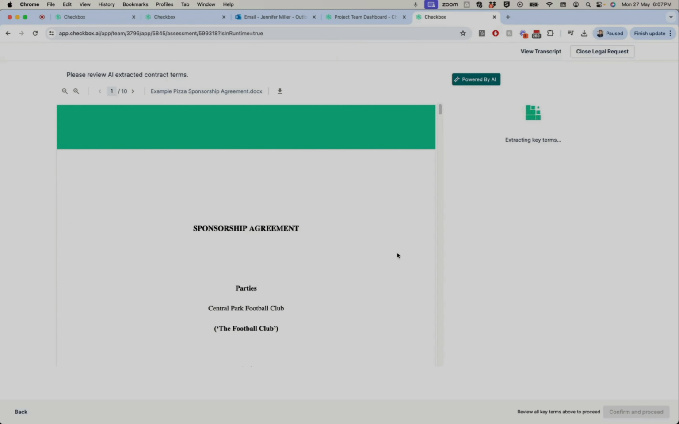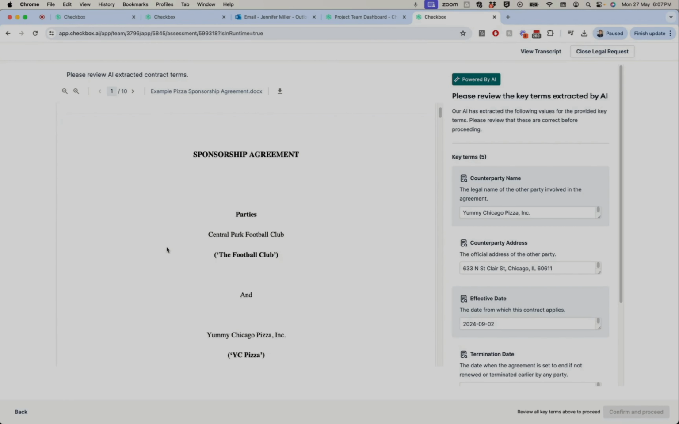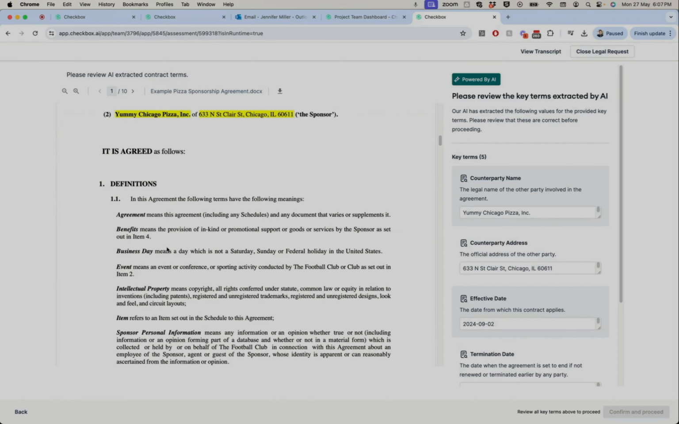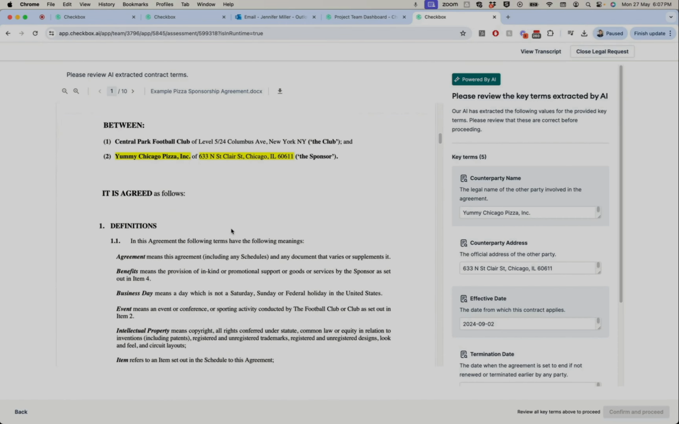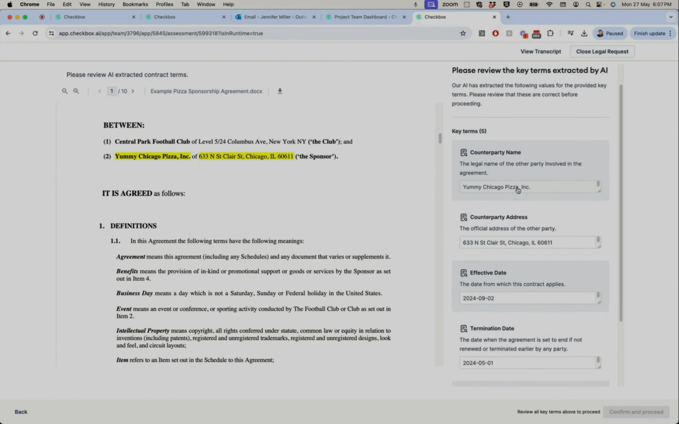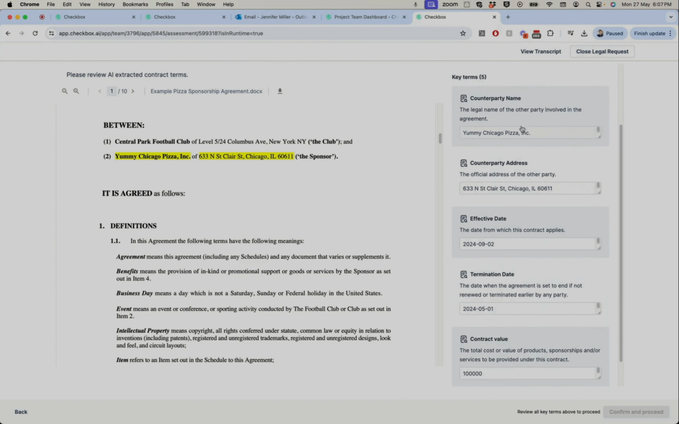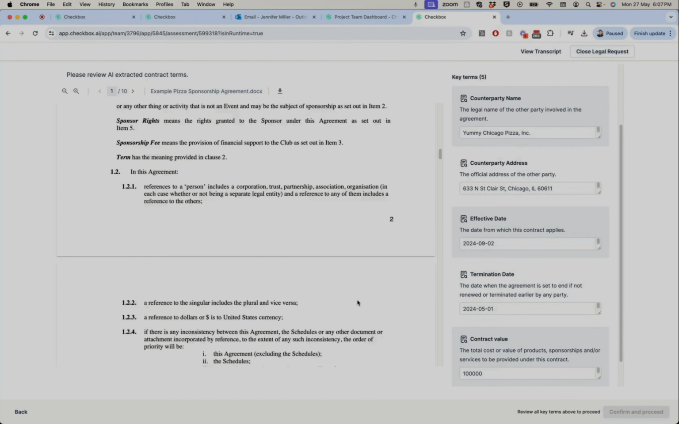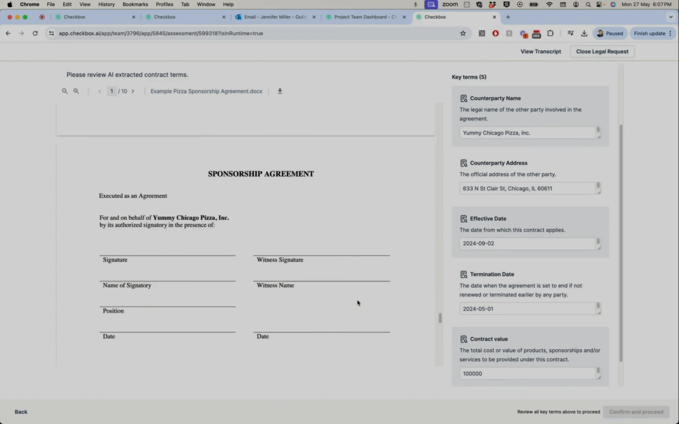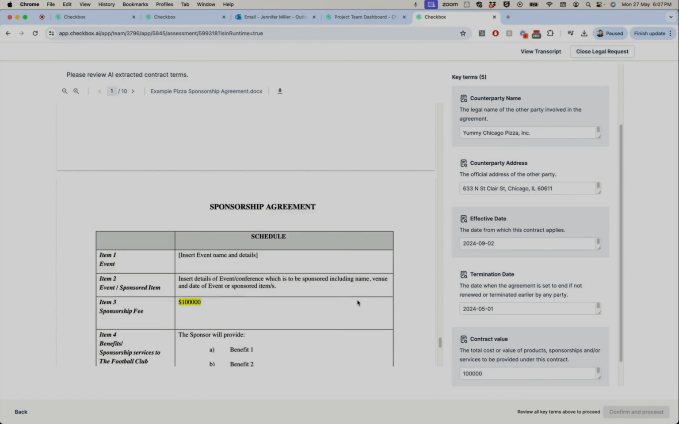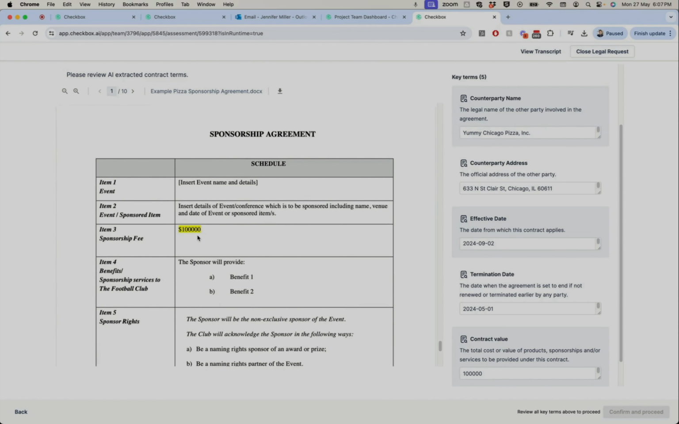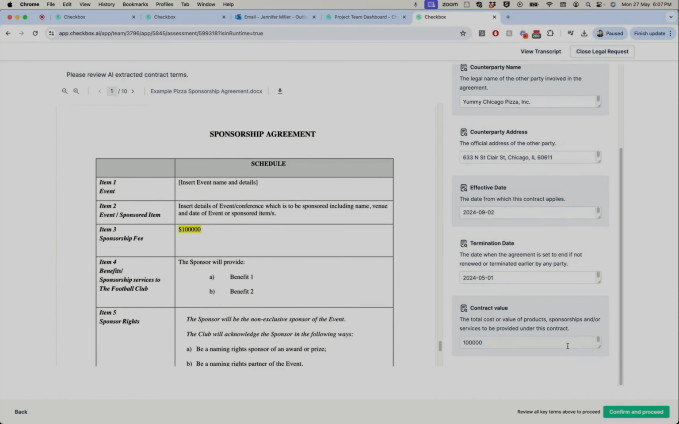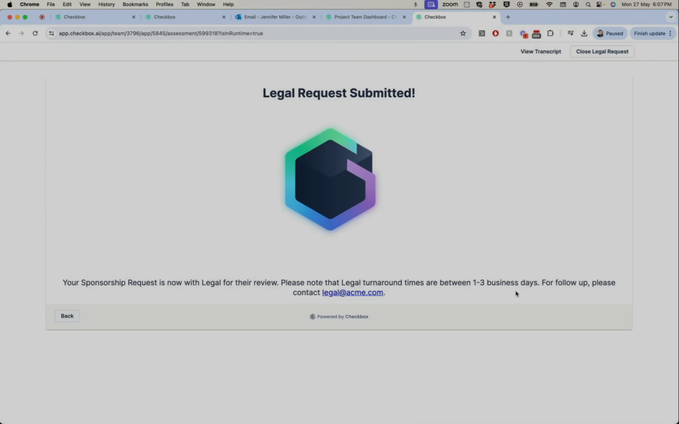But I want to show you a little bit of magic here. In Checkbox, we also have AI that allows contracts and documents to be uploaded and automatically read by the system to then extract out key terms like the counterparty name, the address, key dates, and even the contract value as well to set up automated approvals and review. So you can see here the AI is able to read even into formats like tables. And from here, what's really cool about this is it is able to then create a matter straight from that